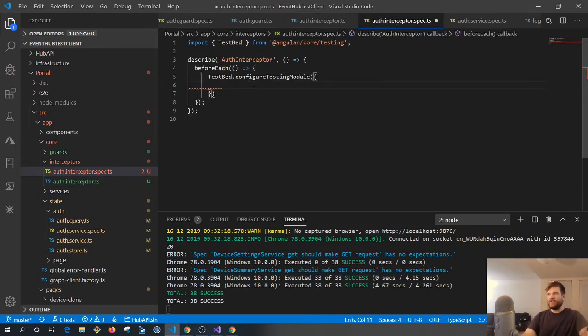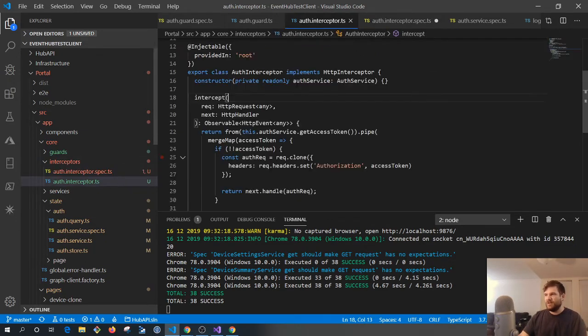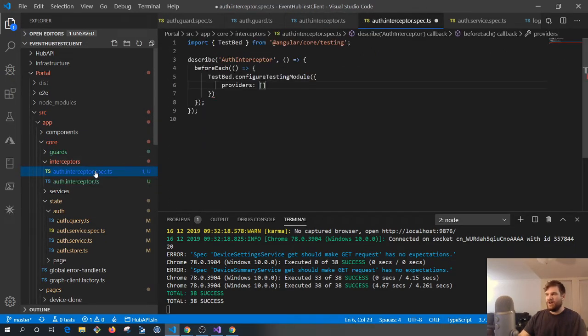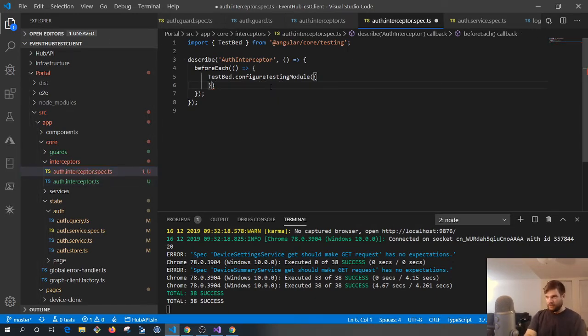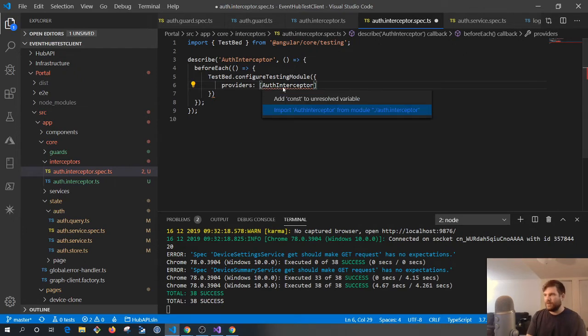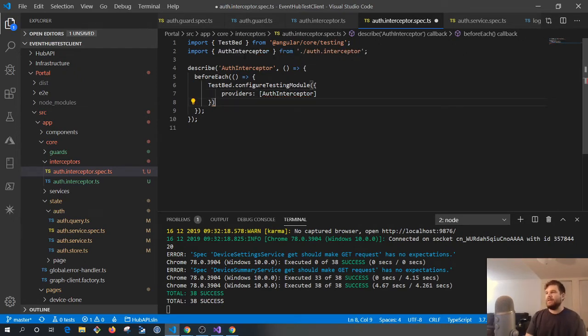So let's go ahead and start with our providers, maybe. Seems like a good way to start. I don't think we may actually have to provide our auth interceptor here, because it has providedIn root. I don't know if that works with the tests. We can test that. Let's see. Okay, and then we need a